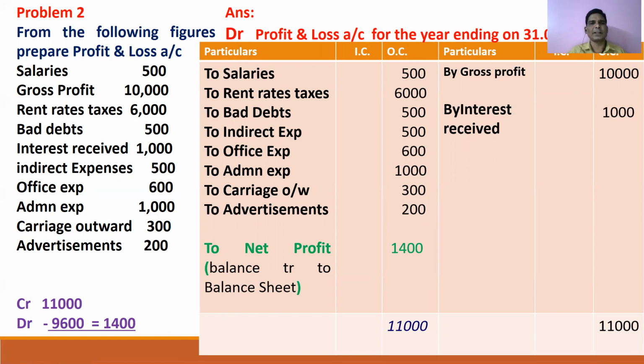Now, before that, you have to understand, if you practice 10 times trading account and 10 times profit and loss account, you will know 4 important items. What are the TD, trading account debit items? What are the TC, trading account credit items? What are the PD, profit and loss account debit items? What are the PC, profit and loss account credit items? So TD, PD, TC, PC. These are the 4 items you have to know by heart. You have to write them 10 times, and if you do, you will easily get them.